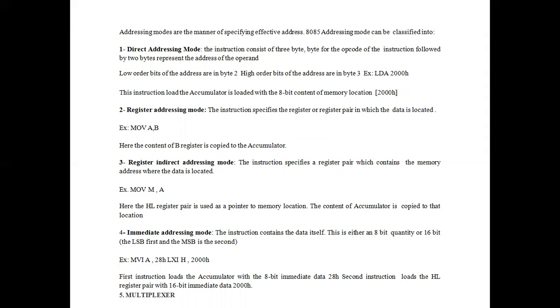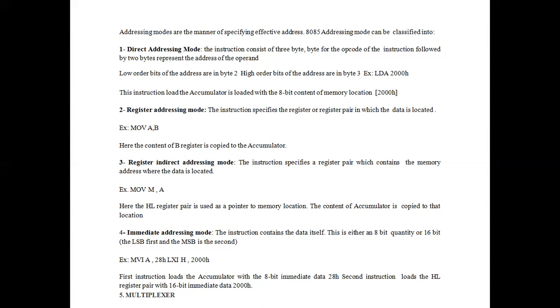Here the instruction specifies a register pair which will contain the memory address where the data is located. For example, MOV M, A. Here the accumulator data value is moved to the memory address, where the memory address is pointed by the HL register pair. Then next, immediate addressing mode. Here the immediate data is moved or loaded to the given register.